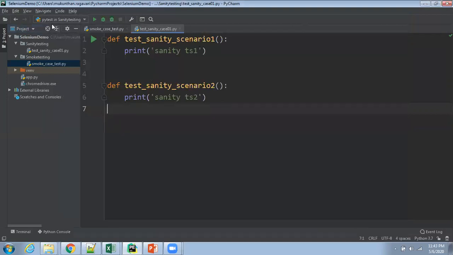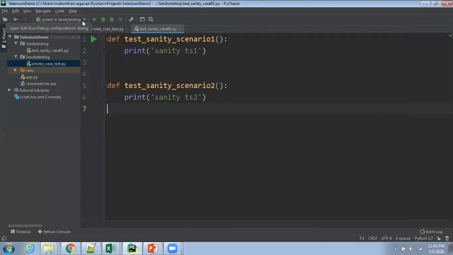So then after you can select that one, but here the option will be different. Let's say you have selecting app. If you select that, it will be running as a Python module. But if you configure like that, then it will be running as a PyTest. You can even see the option like PyTest in sanity testing. That means you are running the PyTest test cases inside the sanity testing folder.